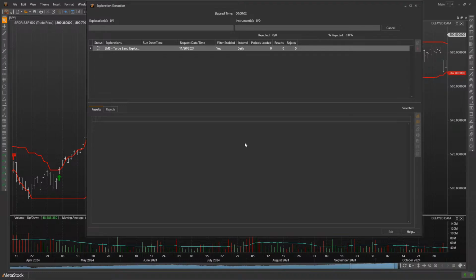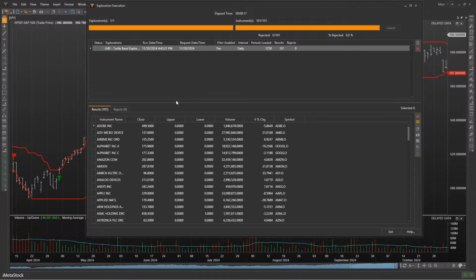All right. So this is going to run through the NASDAQ 100, and it will give us feedback on all the securities or possibly any securities that are meeting the criteria we're looking for. Now, again, you can adjust it to whatever length that you want, but I just kept it at the default.